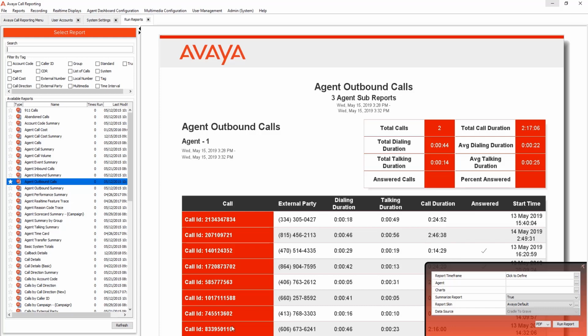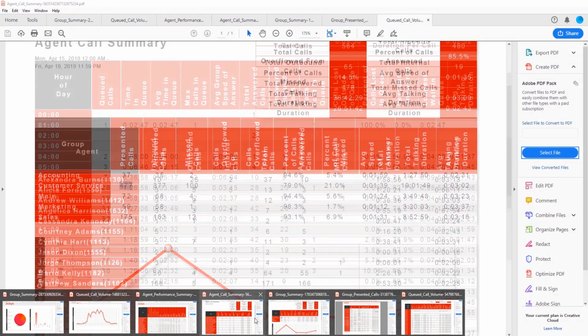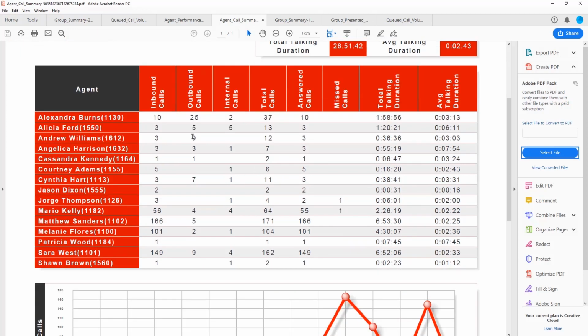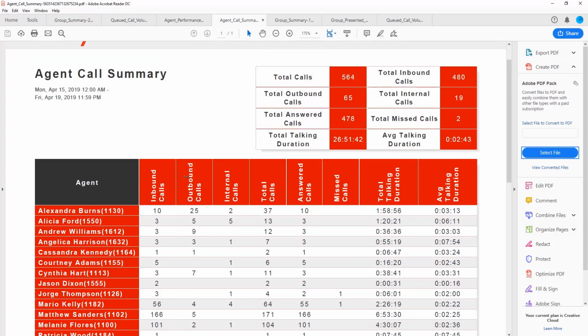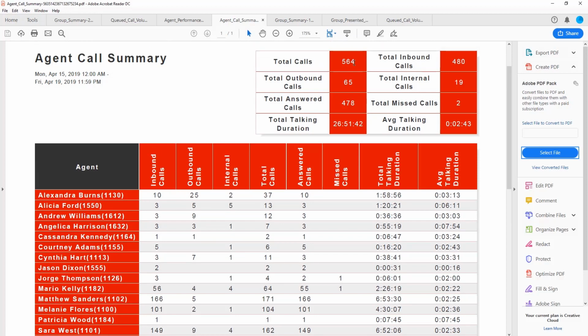Now, as you run reports, you may have questions about how it came up with the data, or perhaps you are curious how it tallies or calculates the summary table. It's important to note that the summary table is a summary of the calls. It is not just adding up these columns, because it's possible that multiple agents were involved with the same call, so it's not going to count that call more than once. Each agent will get credit for the call, but it's only going to count as one call up here